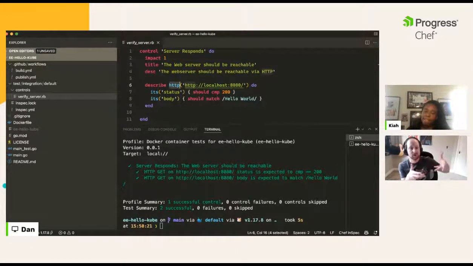I'll look at the docs, because I can never remember which way around it is. But there's a local mode execution and a remote mode execution. One of the modes runs the HTTP command from where inspec is running, which is quite helpful if you've got a container that stands up and then stands up Nginx, and you want to check that Nginx is